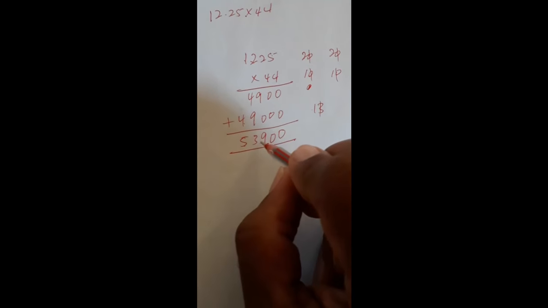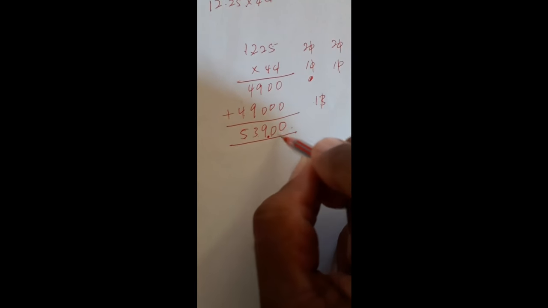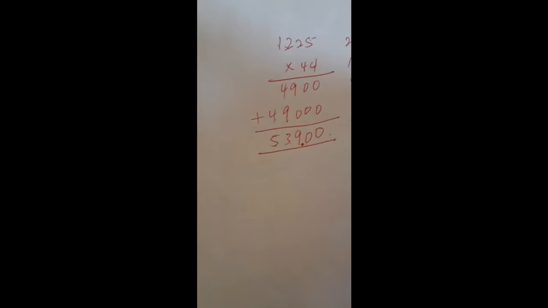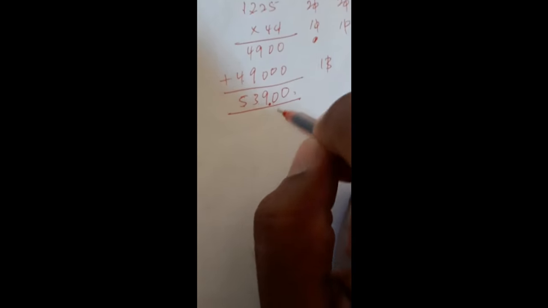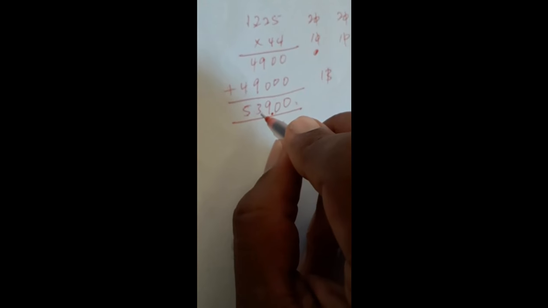So the answer will be 539.00. This 0 doesn't have any value. It's just holding up a space there. Good. So what we can do, this answer is actually 539. So here I'll write